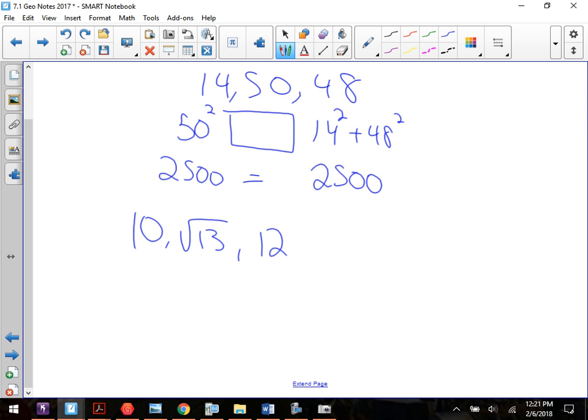So decimal-wise, what is the square root of 13 equal? Do you know how to check that? Put in the square root of 13. If you hit enter, it'll come out with the decimal. What I'm getting at here is you're just trying to see the relationship to, is it bigger than 10 or is it bigger than 12? That's what you're looking at doing. Again, as you put it together, you're checking the relationship between the 12